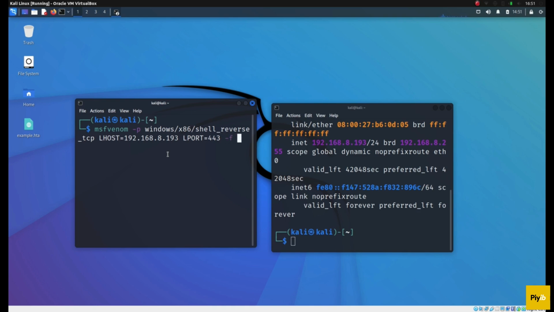Now the type of file we want to create is HTML application, and give it some name. So .hta, same extension as we used before. Now that will take a moment to complete. It is now creating the malicious script, and the malicious script will start a reverse shell, so we'll be able to completely control